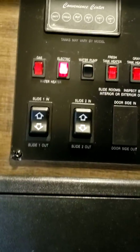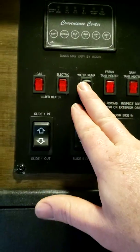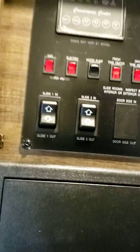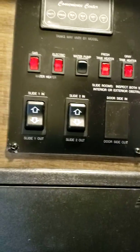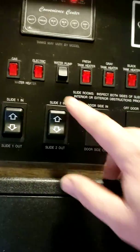As long as that switch is on outside, you can come in and just control it from here. You got your water pump. So this is when you guys are dry camping. You don't have an outside water source. The valves I had shown you earlier in the video. To go to dry camping, this is the switch you'll come in, and this creates water pump pressure for you